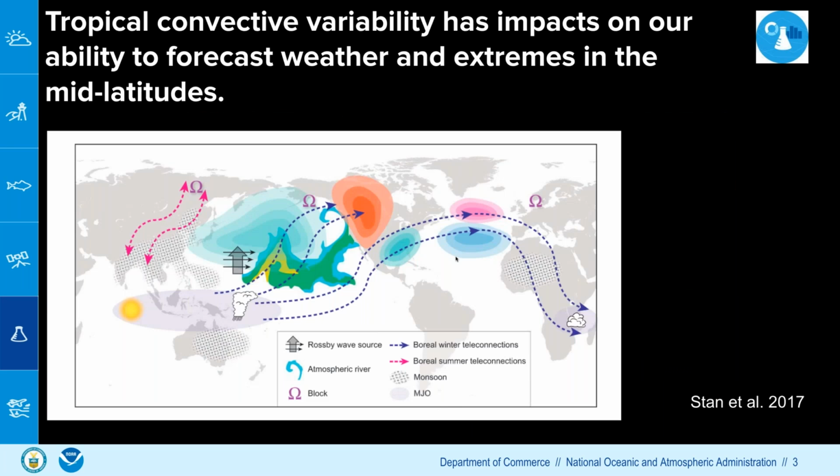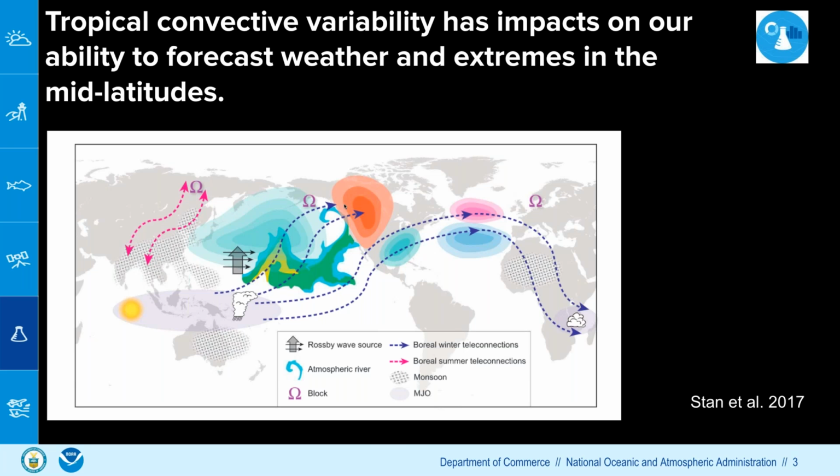So this kind of interaction, which leads to teleconnection, is shown nicely in the schematic diagram by Christina Stan and her colleagues. So convectively coupled equatorial waves, including the MJO, act as a Rossby wave source and can influence weather at mid-latitudes. As you know,